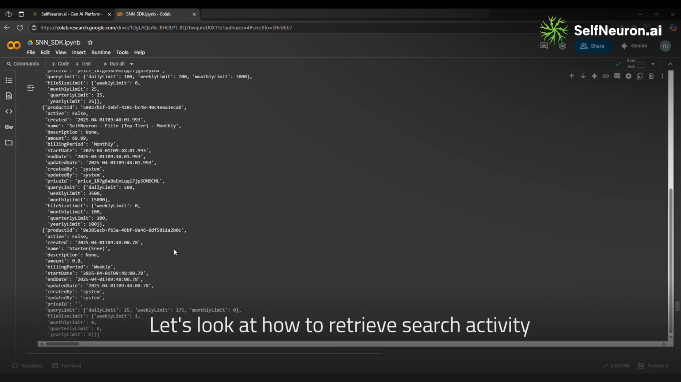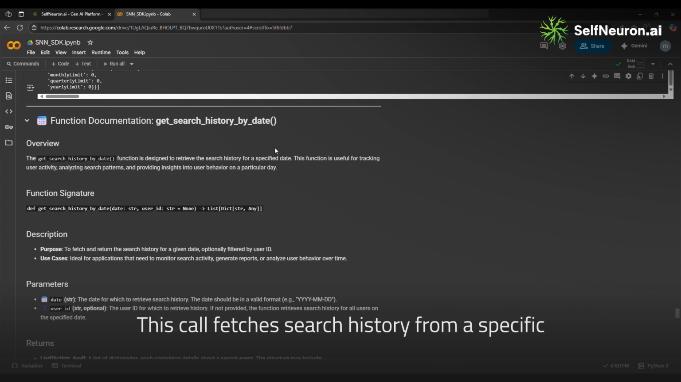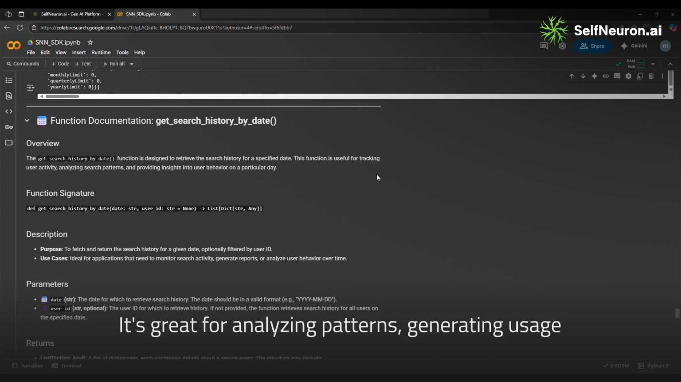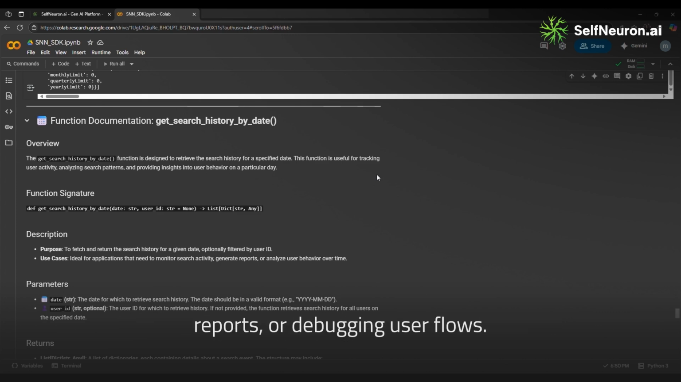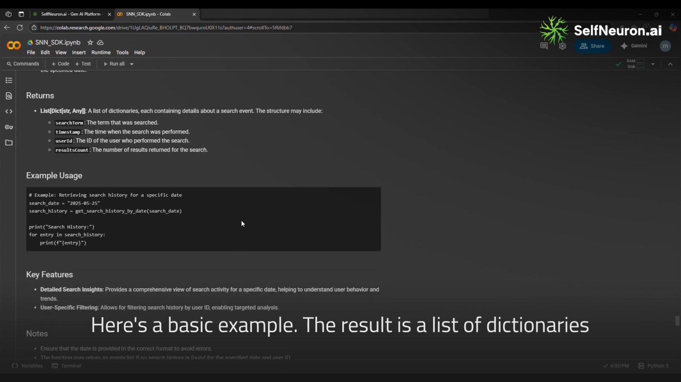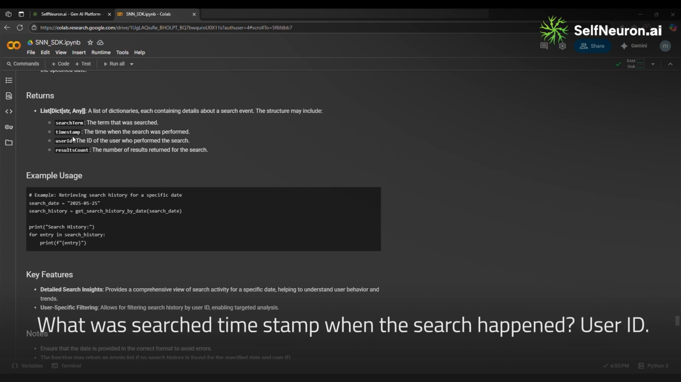Let's look at how to retrieve search activity using the Get Search History by Date function. This call fetches search history from a specific date and optionally filters it by user ID. It's great for analyzing patterns, generating usage reports, or debugging user flows. Here's a basic example. The result is a list of dictionaries where each dictionary contains search term, what was searched,